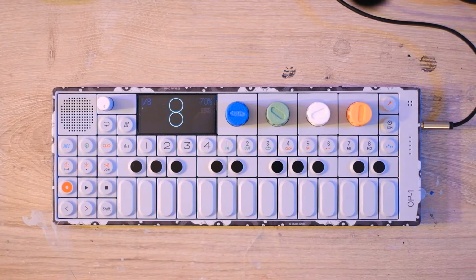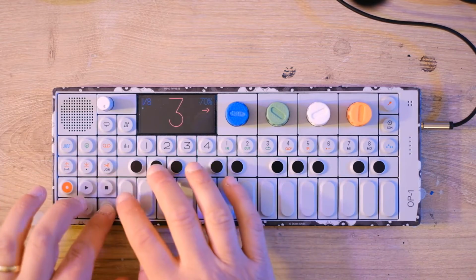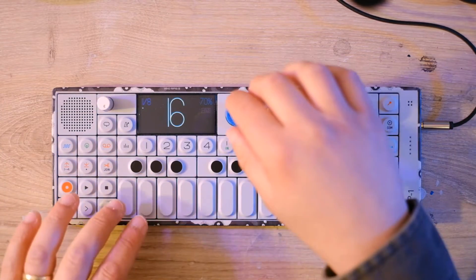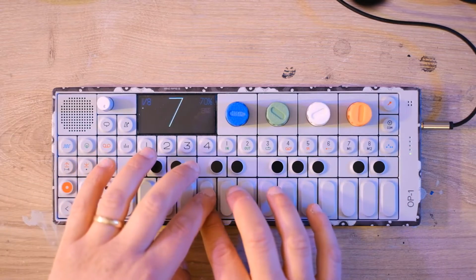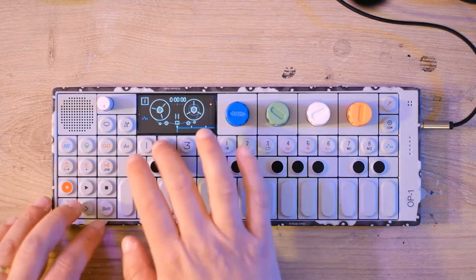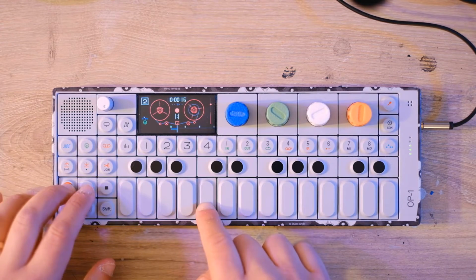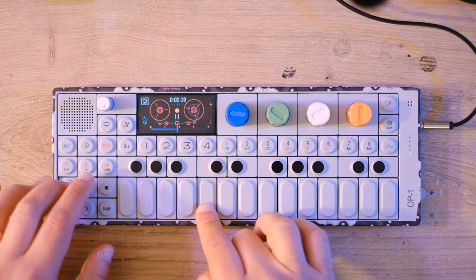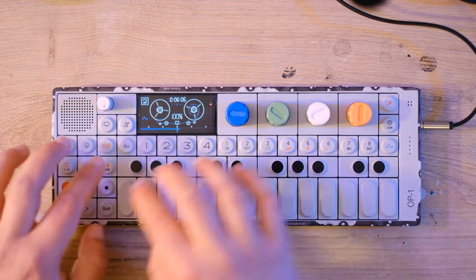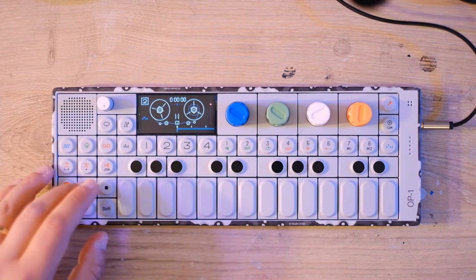Let's add those drums, and I'm going to go to track 2. And now we have a drum loop. So altogether, what we've added is